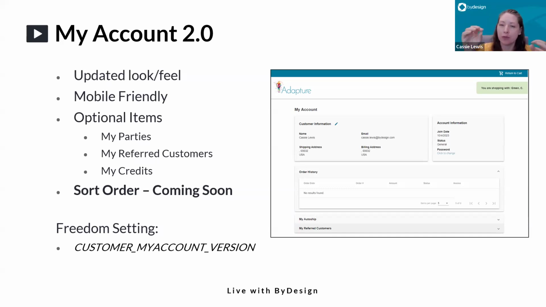So for example, if you think of each one of these sections as widgets that you can turn on and off. For example, my parties. Obviously, if you're not a party plan company, that's not going to make sense. But for those party plan companies that use our technology, allowing your customers to see parties that they are hosting is key because now you don't have to have a separate hostess portal. Instead, your host can use their existing customer account to track progress, see what their current rewards are, redeem their rewards. We want to be able to leverage the cart for this so that, again, they're getting a traditional e-commerce experience